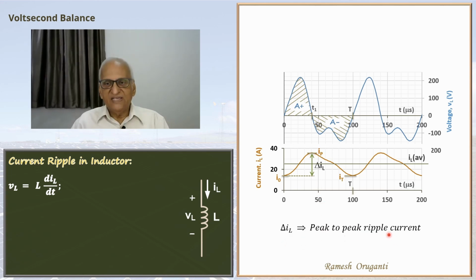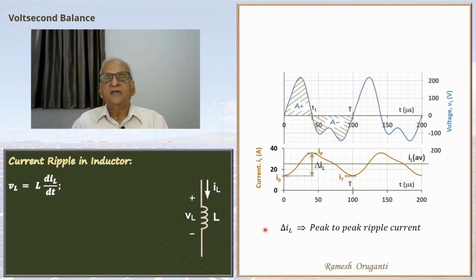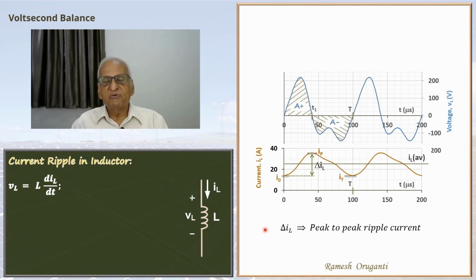Of course, it is the valley here, but please remember I naught value can be negative also. In which case the ripple will be between negative peak to positive peak. So in general it is called the peak to peak ripple current. This is an important parameter in the analysis and design of power converters. Since I want to determine the difference between IP and I naught, I need to integrate this between 0 and